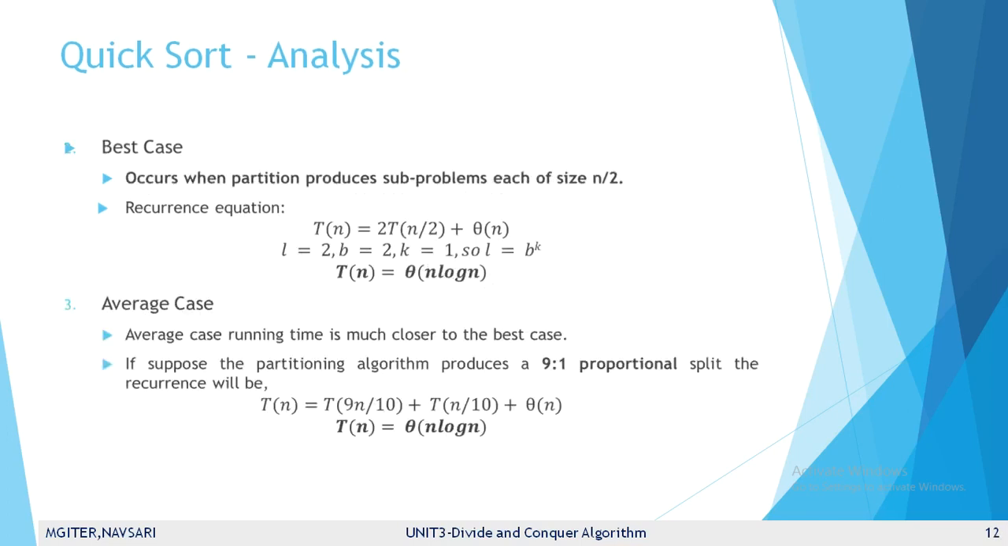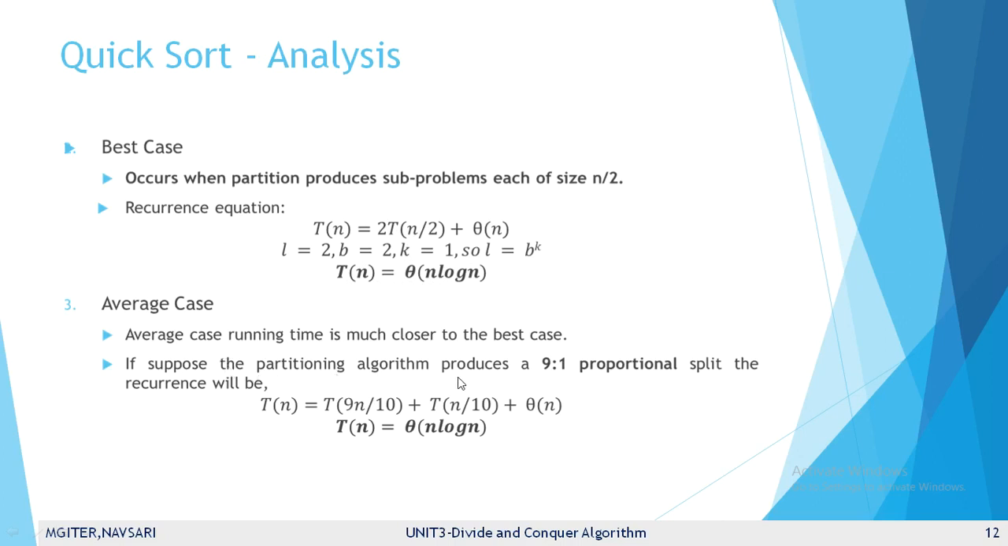Now in the best case analysis, the given array is partitioned into two subarrays, each of size n by 2. Then the recurrence relation is T of n is equal to 2T of n by 2 plus theta of n. The value of a is equal to 2, b is equal to 2, k is equal to 1. We apply the master theorem. So time complexity is T of n is equal to theta of n log n. Now the average case analysis,